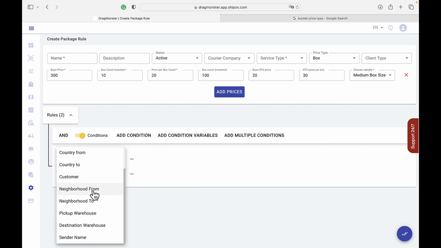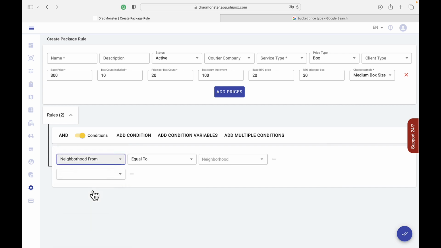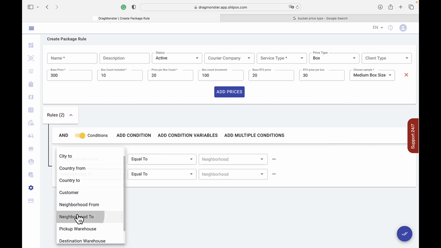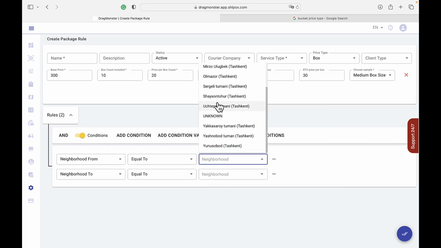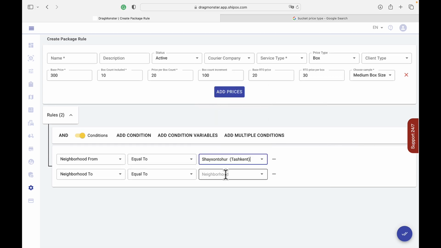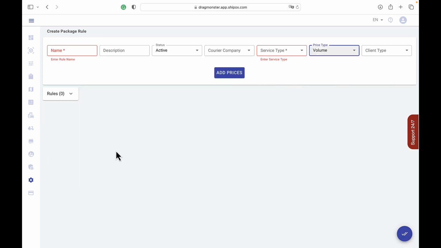If you're delivering within the same city, you can indicate neighborhood from and neighborhood to, or pick up warehouse, up to you. And then indicate the neighborhood. Let's say it's Shayhantahur and to Ujtaba. Lock in the changes. And the final price type is volume. Volume price type refers to the method of charging your customer based on the volume of items they intend on transporting. So by default, we need to fill in the name, give a description,